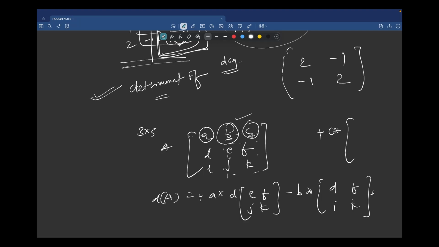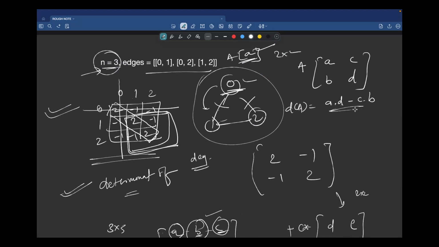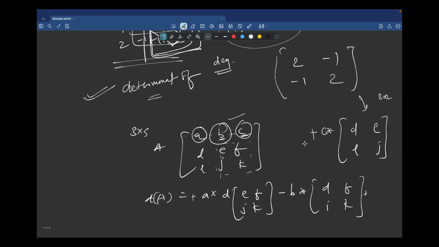cth column. Okay, this third column, so the remaining will be this one, right? And since we get the 2 cross 2 again, we can apply this formula, right? So this is the recursive function. Once you see the code, it will be easy for you. And if you remember, we are keeping the 0th row constant and changing the columns,